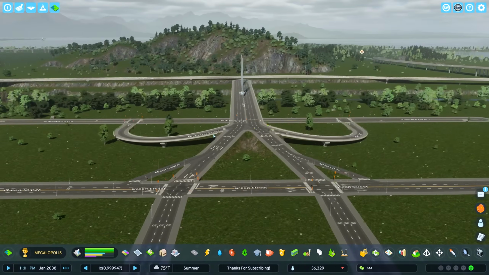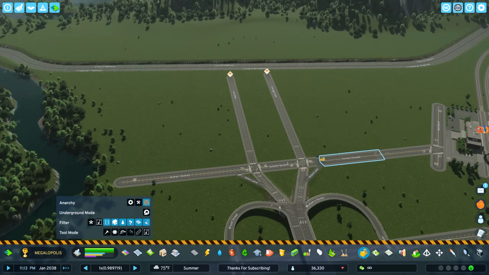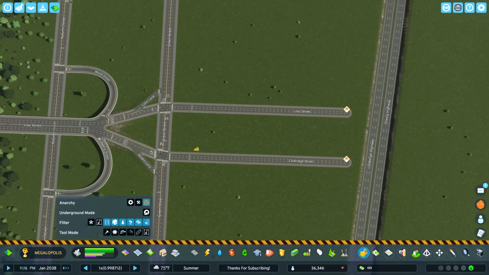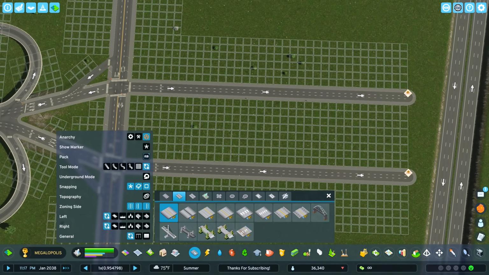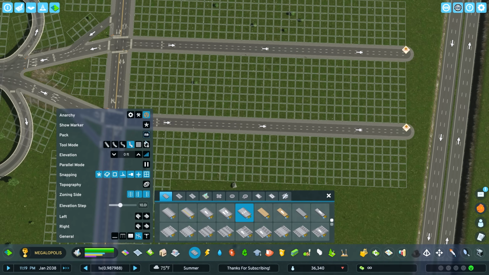So yeah, this is going to be a nice big centerpiece for our downtown. We have something similar going on in Blackfoot, where the highway comes off and spans into two one-way sections. So we do have that going on here as well. It's a good system. I like that as an easy way for